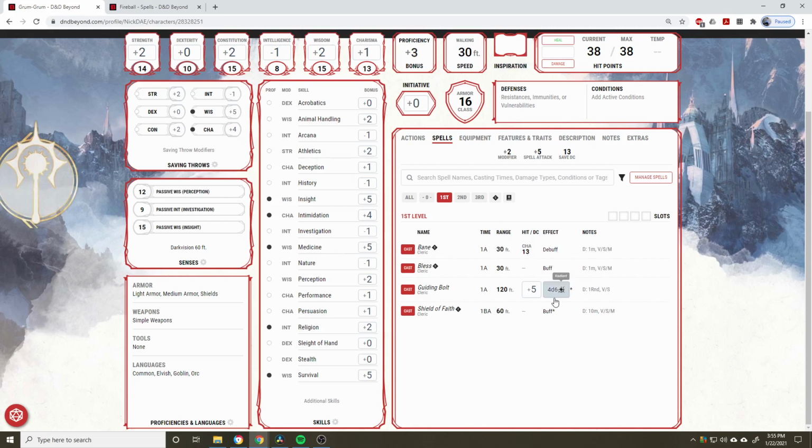One final thing we're going to go over in this tutorial is the duration. Spells do not last forever. Some spells only last a moment. For example, Guiding Bolt will only last for 1 round, but that makes sense because it's an attack spell, versus, say, Bless, which only lasts for a minute. Now, what does that mean for combat? Well, every round of combat is 6 seconds, so this means that this spell lasts for 10 rounds, which is